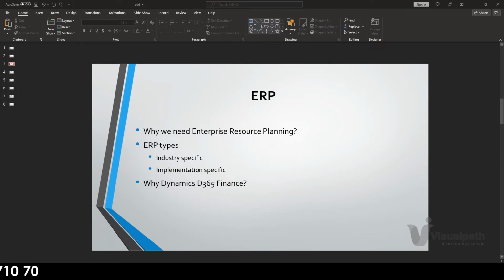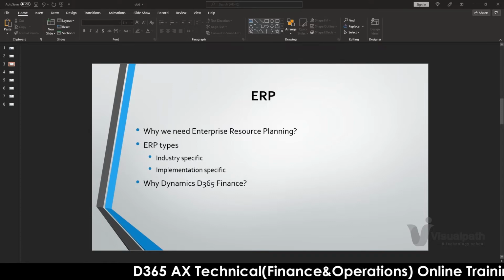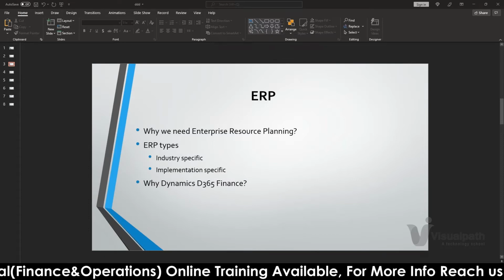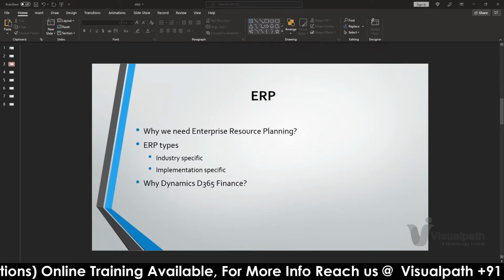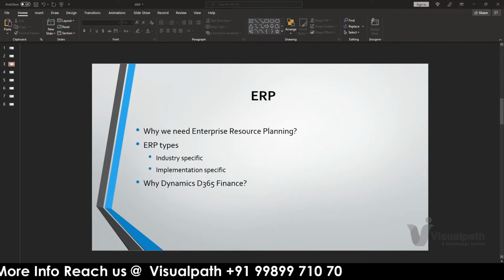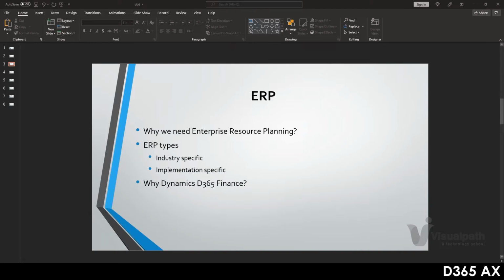And there are Power Platform applications used to integrate other third-party systems. There are many connectors available in the Power Platform. So these are just a few things why this has to be chosen, compared to the other ERPs available in the market.